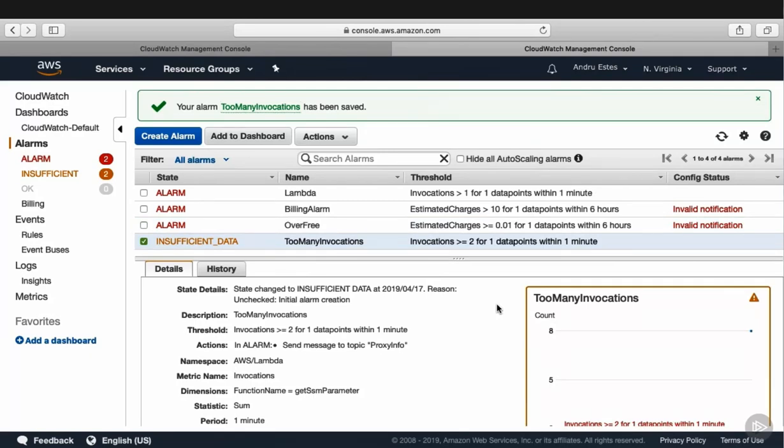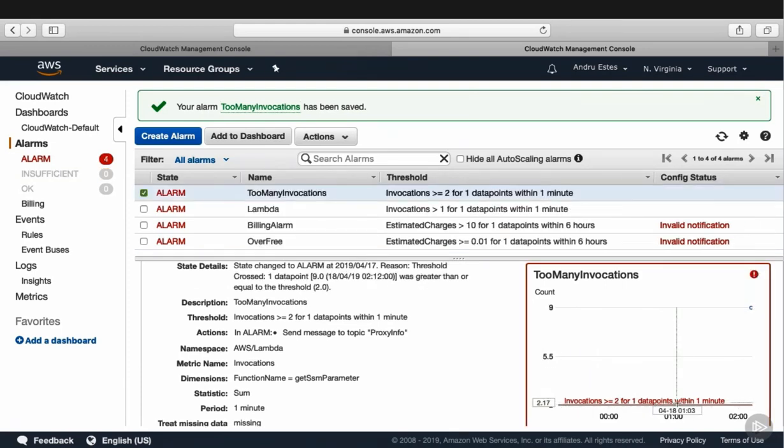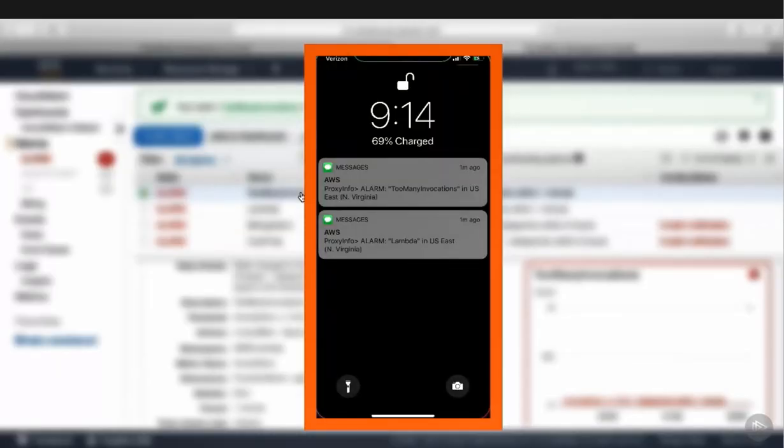All right, you can actually see that it's now picked it up on the graph that we have invoked this function 8 times. So in a second, we should see this switch to alarm because this has now breached this threshold that was set at 2. And there we go. It's now moved to an alarm state. What this did was actually text me with the topic name and then the alarm name. So I see on my phone this little picture right here, which mentions the alarm name and the region